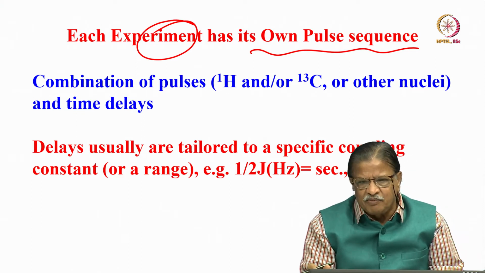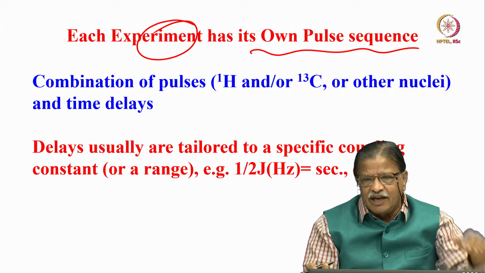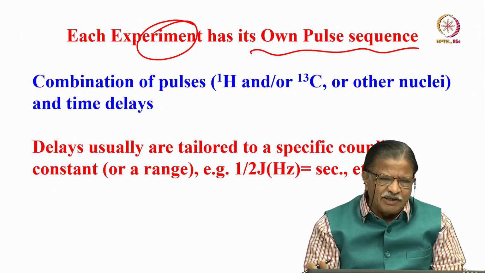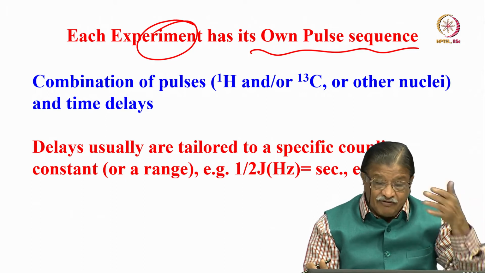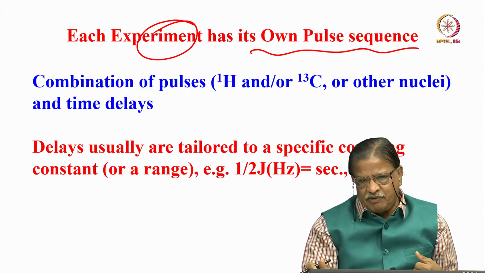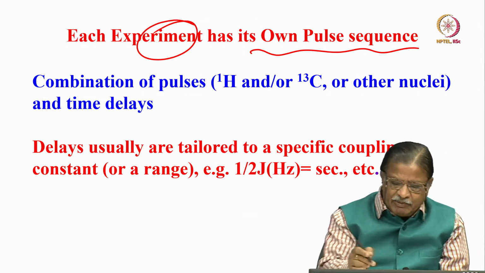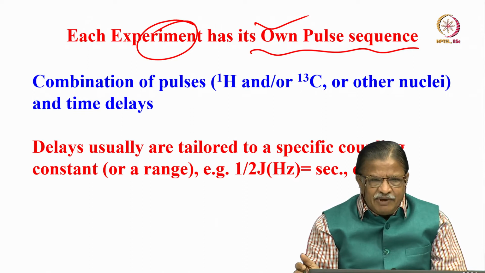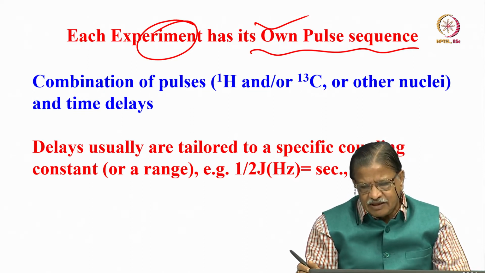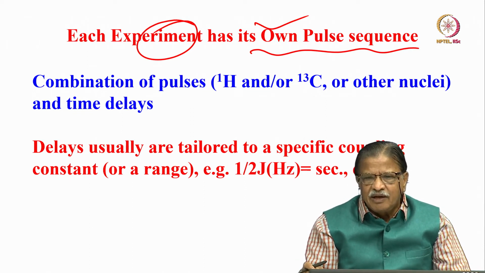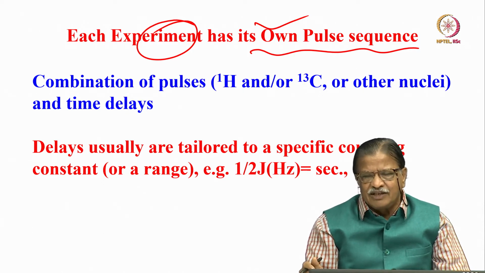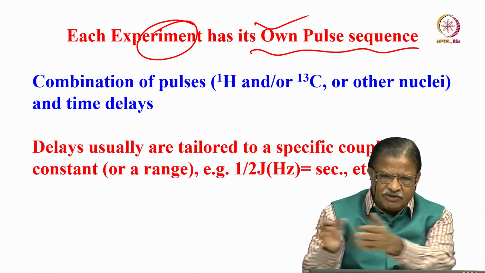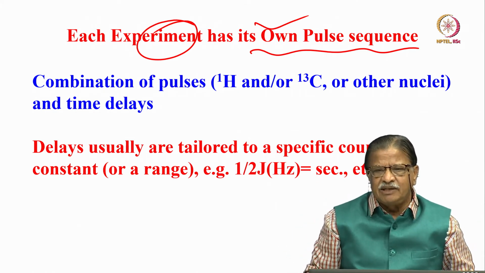For all NMR spectroscopies, if you simply reel out the name, HSQC, COSY, HMBC, etc., the type of experiment, the pulse sequence and the information content, that information that is retrievable from such an experiment suddenly comes to mind. So each experiment has its own pulse sequence. And combinations of pulse sequences are there. Sometimes we couple the experiments to derive information. If HSQC is there, I can make HSQC-TOCSY. I can combine the HSQC sequence with TOCSY, make it a 3D experiment, HSQC-TOCSY.